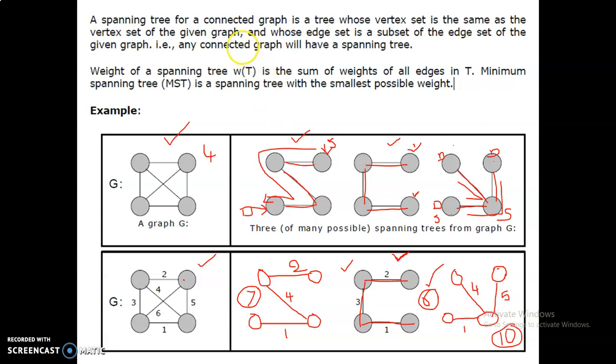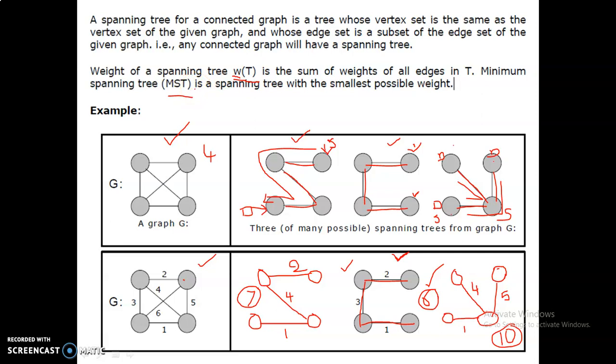This spanning tree is used for the connected graph, and also within the weighted or unweighted graphs. Generally we prefer the weighted graphs. Within this we are taking a spanning tree as the W of T, where T is the number of vertices in the tree, and W is the weights of that particular tree. MST is the minimum spanning tree. We are taking the minimum costed spanning tree from the graph.